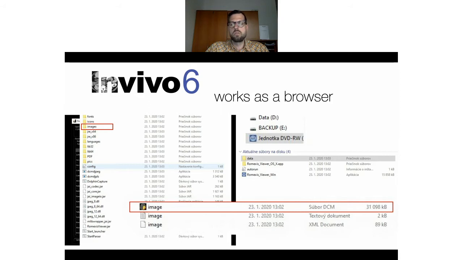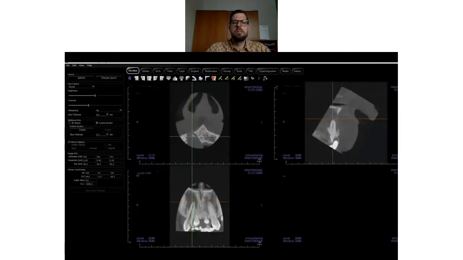And as you see, there is a DCM file, and it's really big. So this is the file where all the images of the CBCT are. So I click, and the In Vivo 6 is opening these images, and this is my